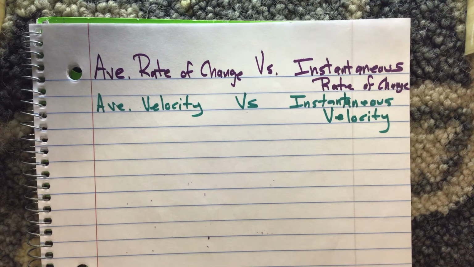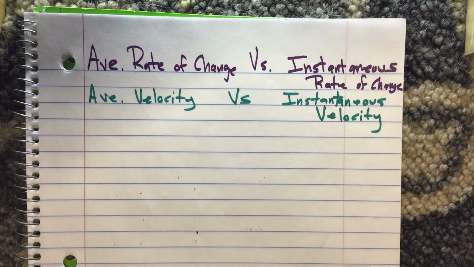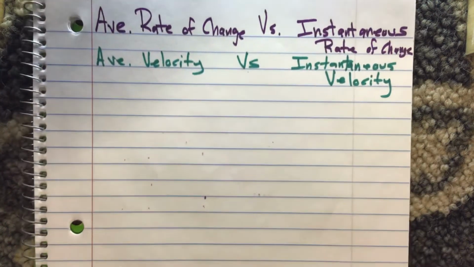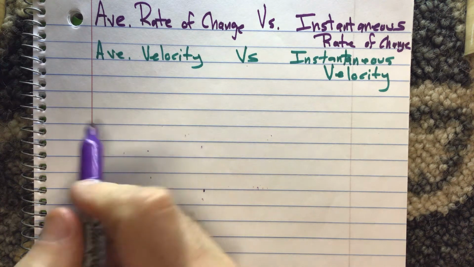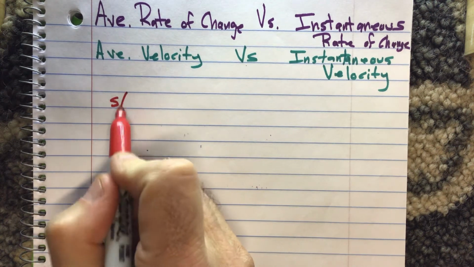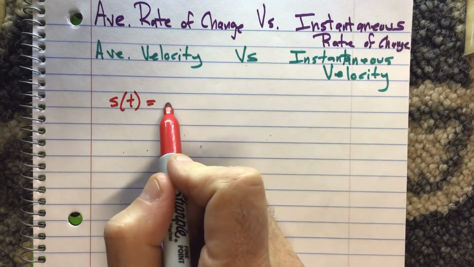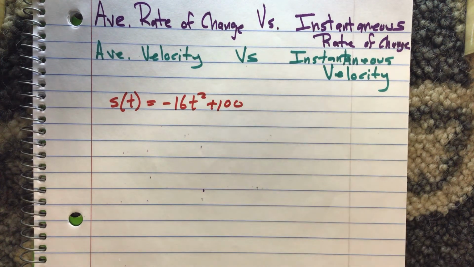Okay, so this video is comparing the average rate of change to the instantaneous rate of change, or the average velocity versus the instantaneous velocity. So imagine you have a ball that's dropped from a height of 100 feet. Its position at any given point can be represented using the function s of t equals negative 16 t squared plus 100. So that's a ball that's dropped from 100 feet, and s represents its position at any given point,